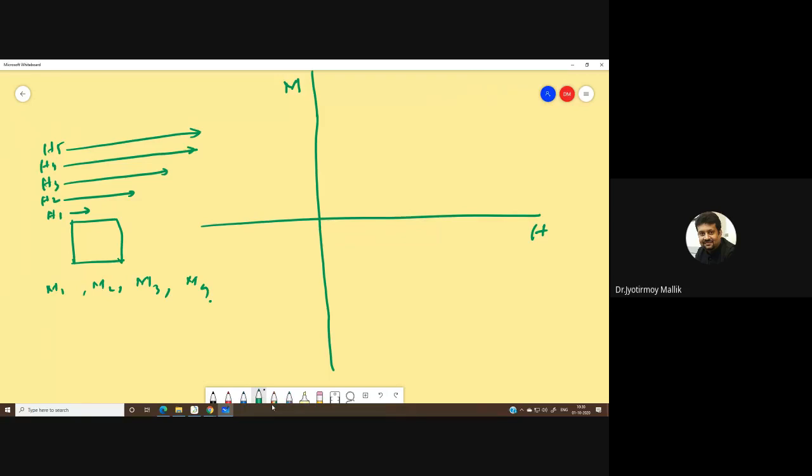What I observed is that initially H was 0, and then with increasing H, of course, my M keeps on increasing,